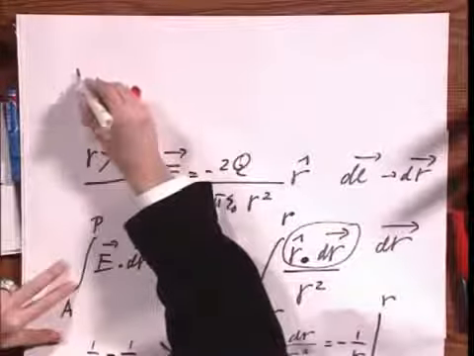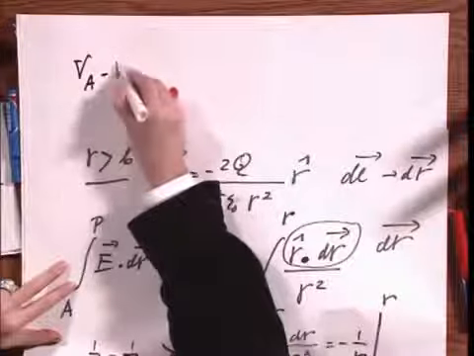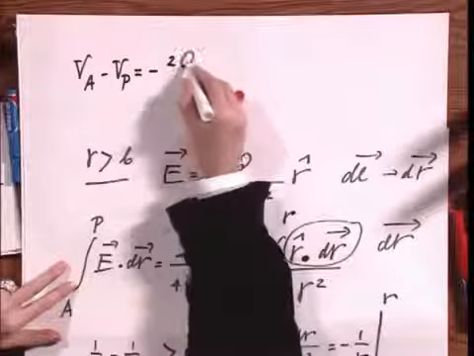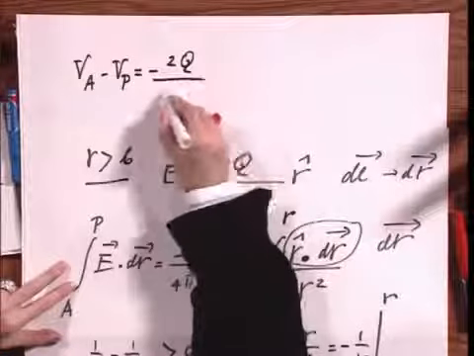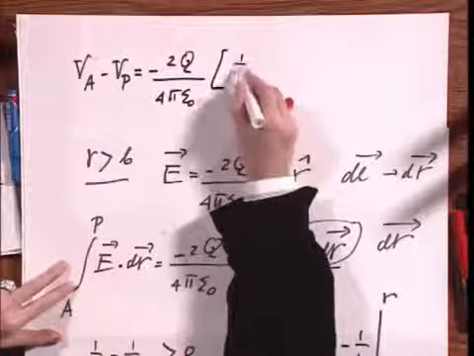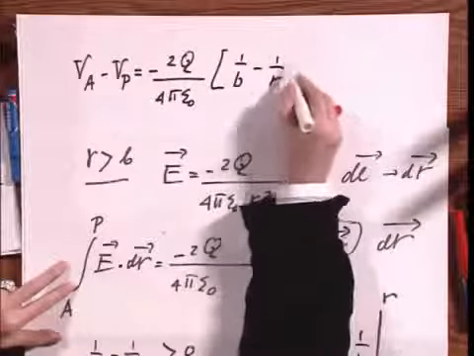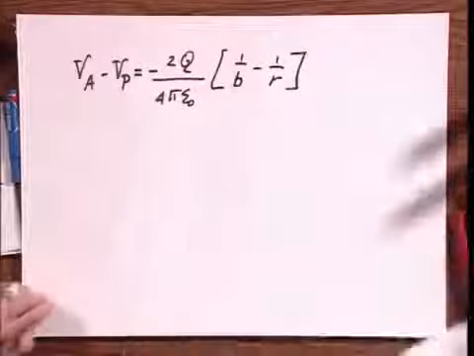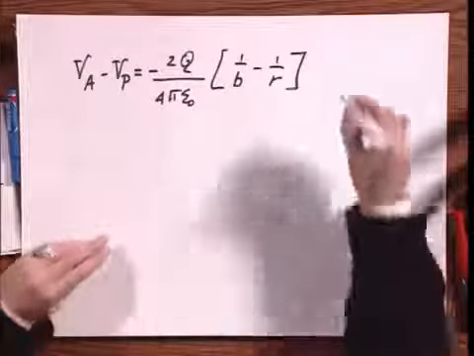And so you'll find now that VA minus VP equals minus 2q divided by 4 pi epsilon 0 times 1 over B minus 1 over R. Potential has no direction. It's a scalar. We express it in terms of volts